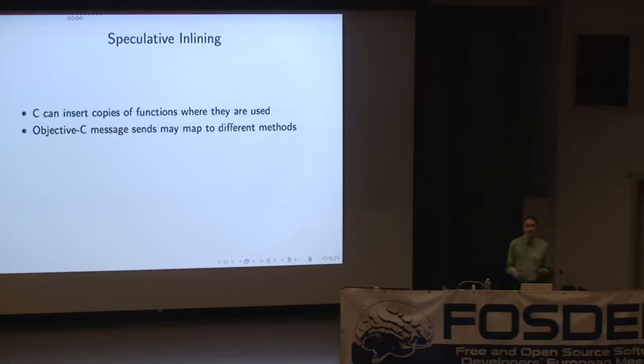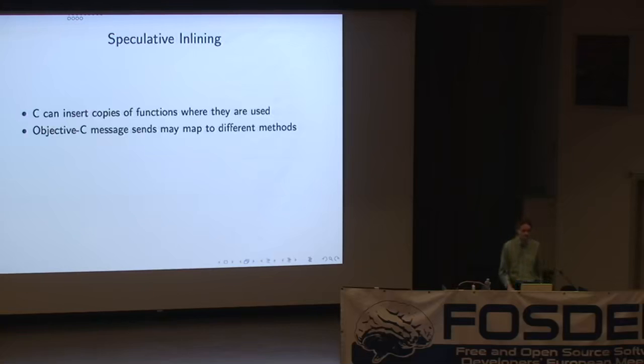One thing that C programmers really like doing is using this inline keyword, which the compiler then ignores and does its own thing, but it tries to insert a copy of the function where it's called, and that's really great for small functions, and we have loads of those in Objective-C. The biggest case, I think, is probably accessor methods, where you're just returning the value of an instance variable. And so the cost of the message send is quite big. The cost of even a function call there is a significant fraction of the total cost of doing the operation. So in C, you just inline that call. And that's great. It's fast and it's easy, because if you have a function call in C, you know exactly what function is being called.